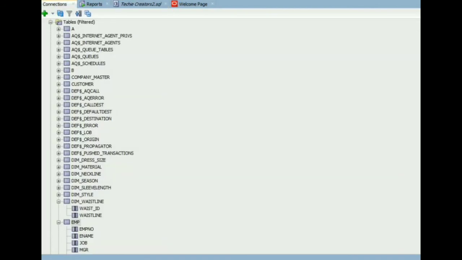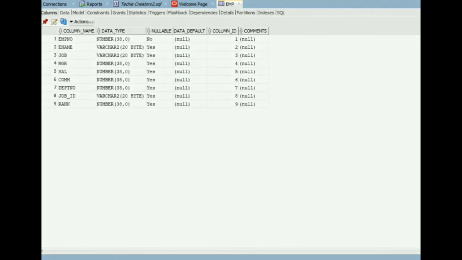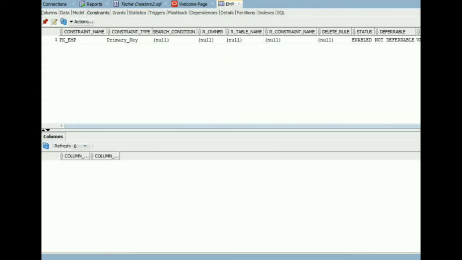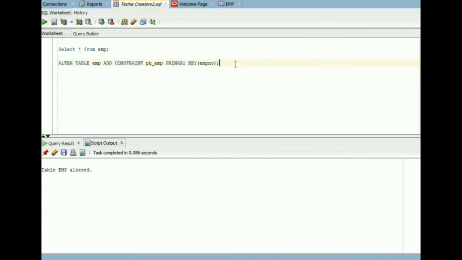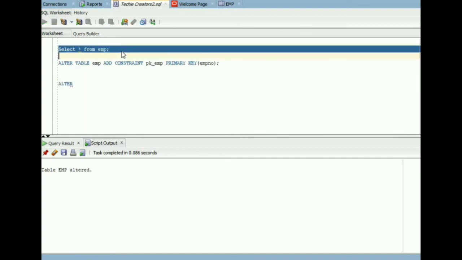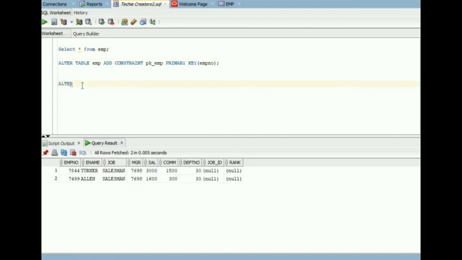Now we will see. You can see there is a constraint pk employee, that is the primary key constraint I have now added into this table. Now in a similar manner we can also add another constraint. Alter table, table name, add constraint, constraint name, check, and in the bracket I have to give the condition.